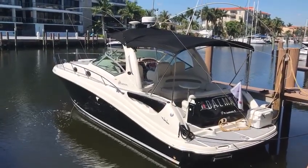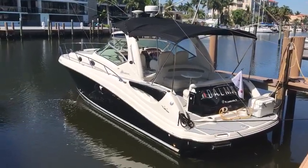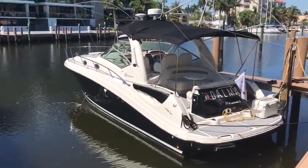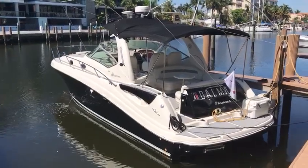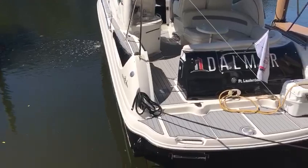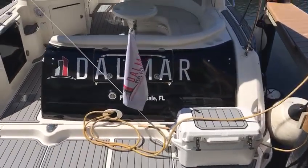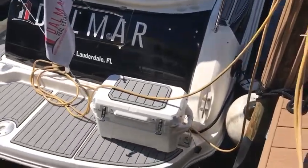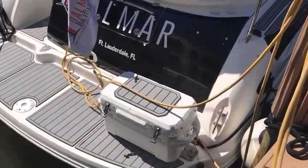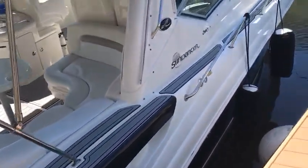Today we're going to take a look at this 2004 Sea Ray 340 Sundancer that has been highly customized and well cared for. You'll see up top that brand new Garmin closed radar array. The whole sides are wrapped with black vinyl and the transom and the transom door, so if you don't like it, peel it off. Got a big old cooler with custom Sea Deck on it with tie downs on the aft deck that will convey,